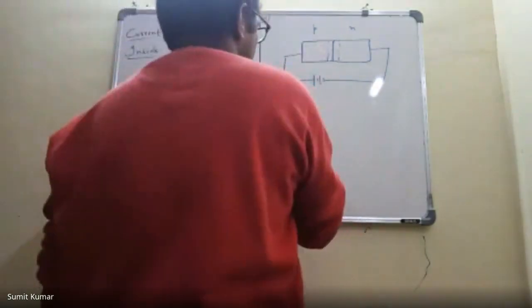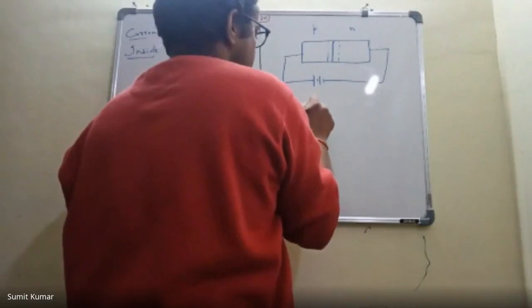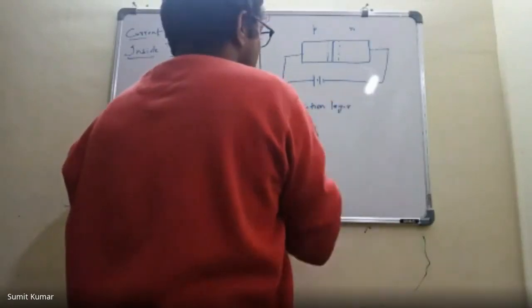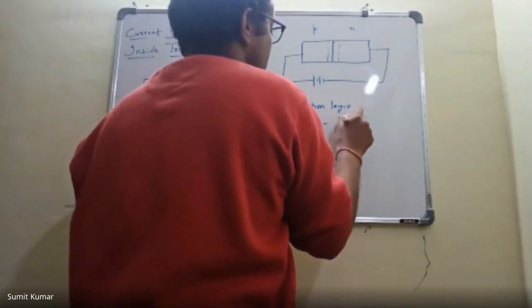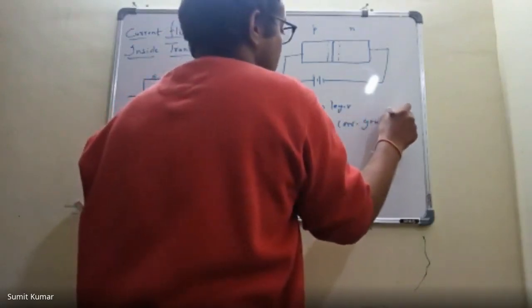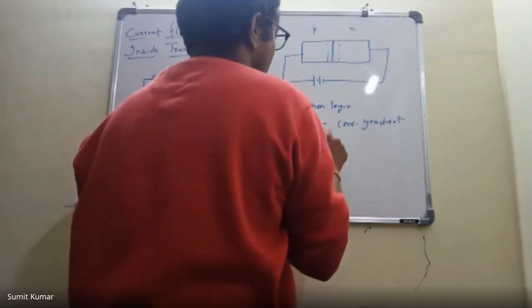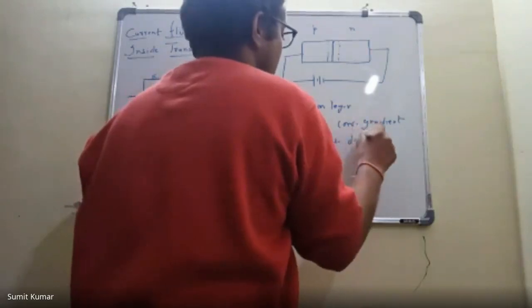So we need to remember all those things: the depletion layer, the diffusion process, and diffusion is because of concentration gradient, and then an electric field rises, and because of the electric field there is a drift current,